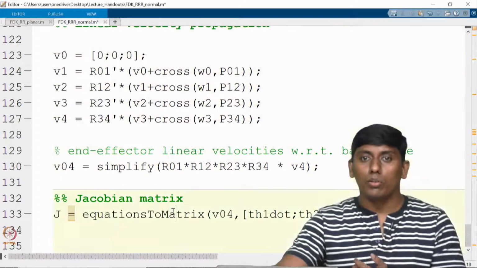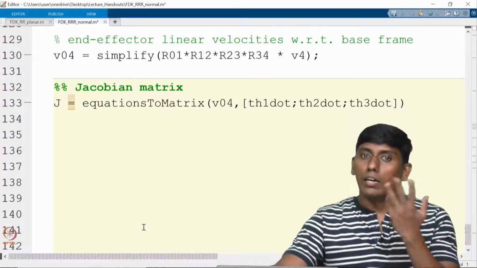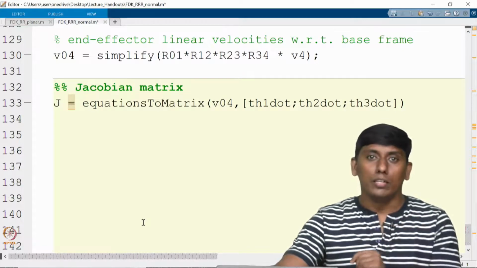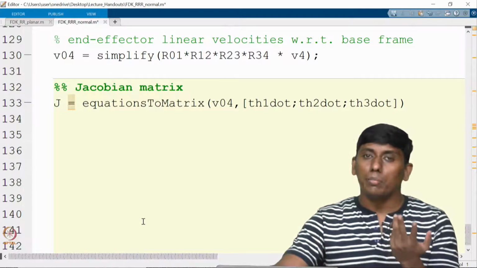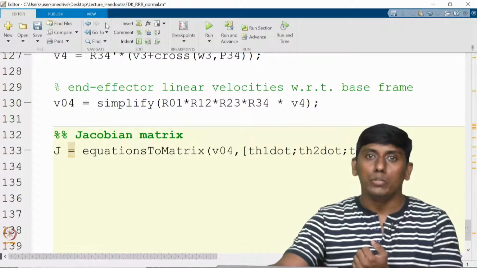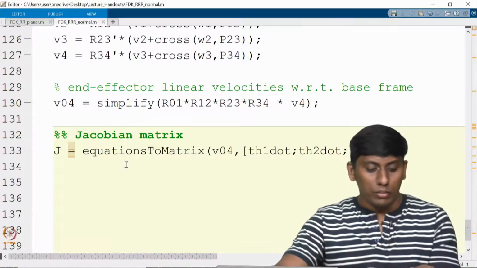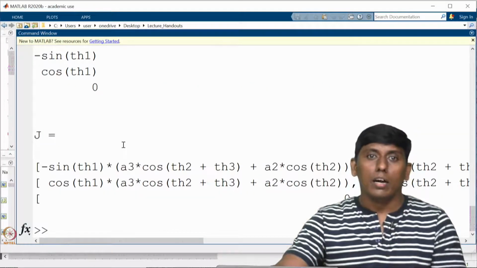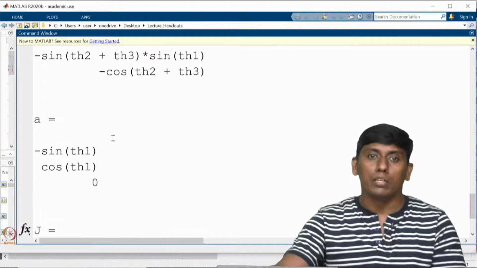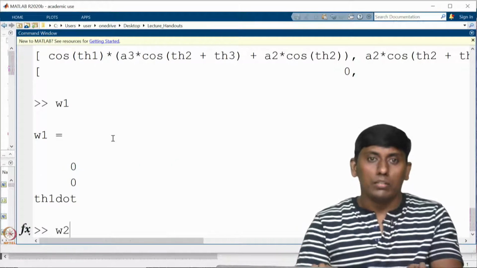Since we know this method also gives the same result, I did not do the second method, the J1 I calculated in the earlier code. So now if I run this, obviously this will give the right result. You can also verify, and I will be sharing these codes in your lecture material, so you can find it. So now this was run, and you can see these are your normal, sliding and approach vectors, and this is the Jacobian, and you can see this is omega 1 and this is omega 2.